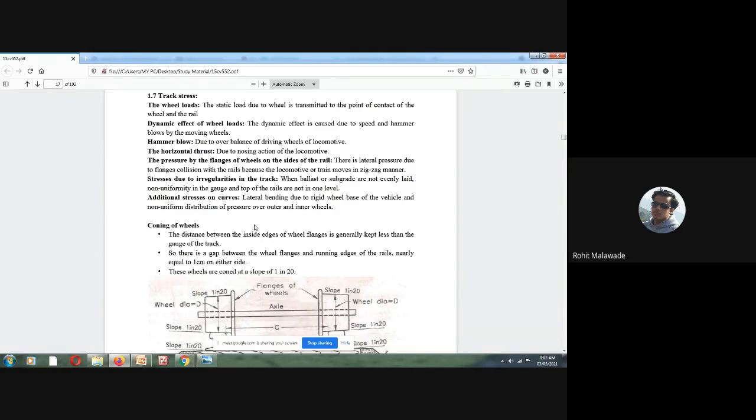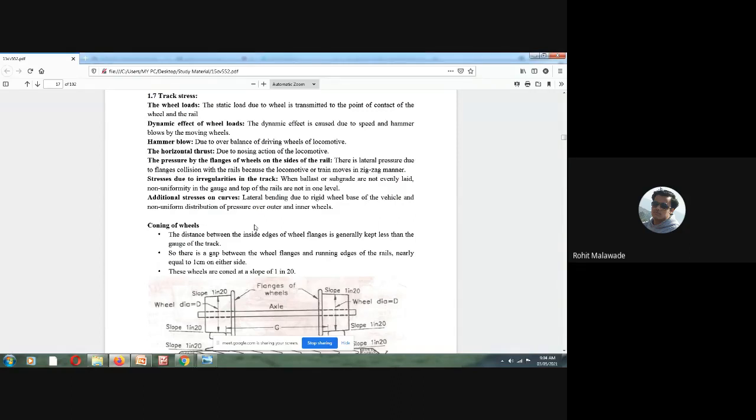What are keys? Where are we going to use the spikes? Dog spikes connect the chair and rails to the wooden sleepers. Yes, we use them on a wooden sleeper with or without the bearing plate. If you want to connect the rails with the wooden sleepers, we will be using the spikes. Where are we going to use the keys? What is the significance of keys?